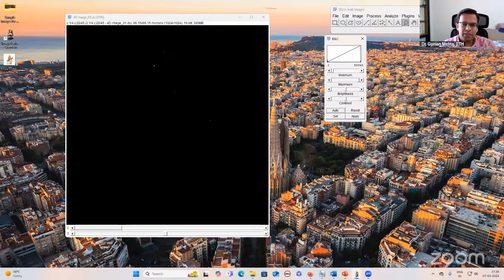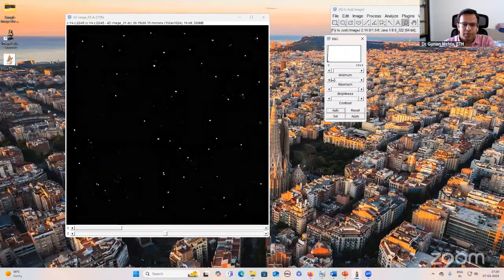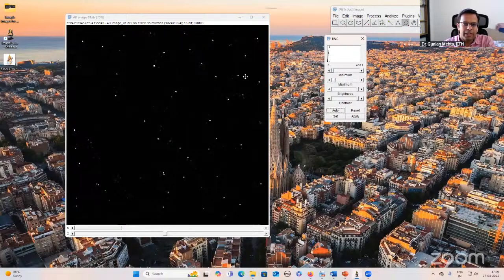Now for each channel, I have to individually set the brightness and contrast. I selected the first channel, and I'll push this maximum towards this side so that my structures are visible. Here I want to see these bright foci, along with some faint foci also.